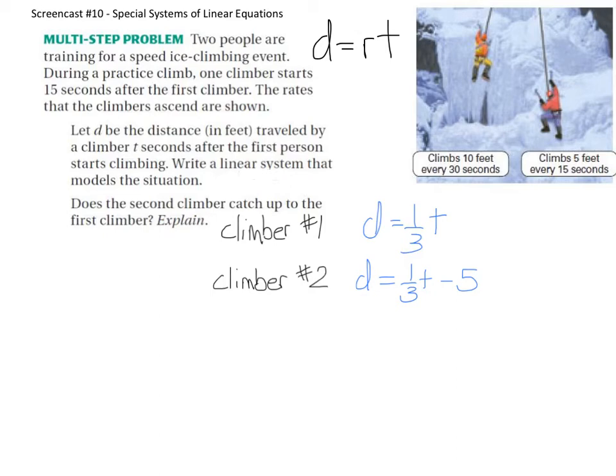Because I noticed that for at least one of the equations, in this case both, one of the variables is already, quote-unquote, solved for. In fact, both of them are. So what I'm going to do is take this section, which is d equals 1/3 t minus 5, and replace it into this d right here in the other equation,